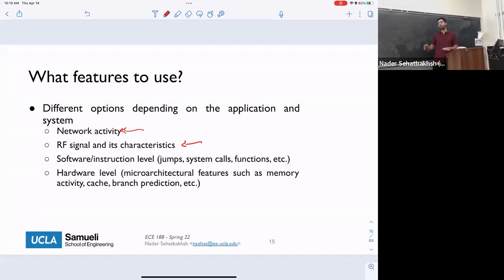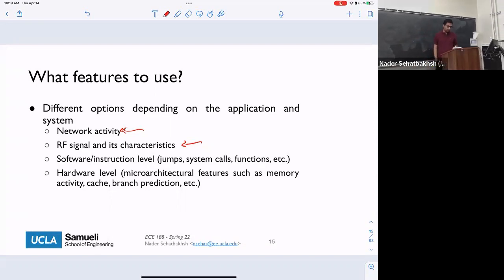What you can do is look at the signal while running your normal program and say, okay, this is the normal behavior, and now I'm looking at abnormal behavior. This can be extended to any other physical characteristics of the signal, including the RF signal, power consumption, and so on and so forth. There is a large body of work that looks at these different problems.